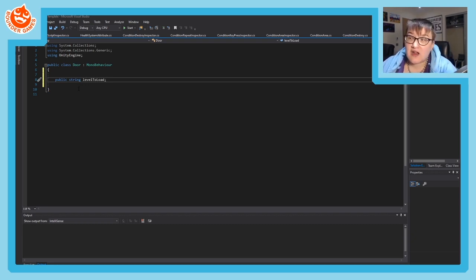and the type of capitalization that I'm using there is called camel case. So the L for level is lowercase. There are no underscores and definitely no spaces. You cannot have spaces in variable names. So to make it clear when there are new words coming up in the name of the variable, we capitalize the first letter of each of those words. So level, then capital T for To, and capital L for Load. That's not required, but I highly recommend you use that convention for your variables,